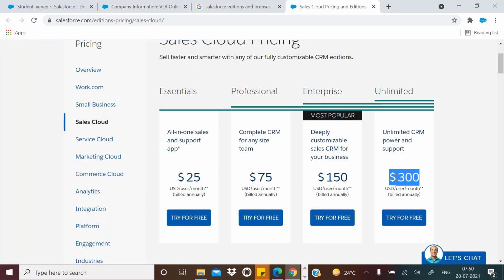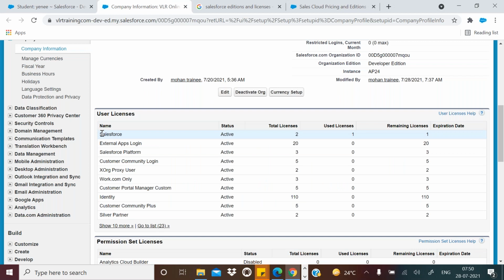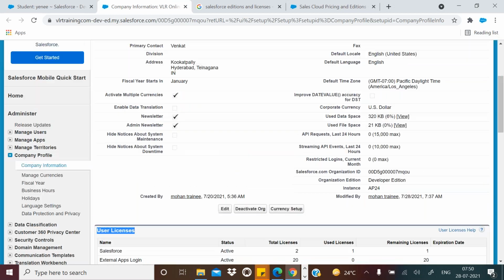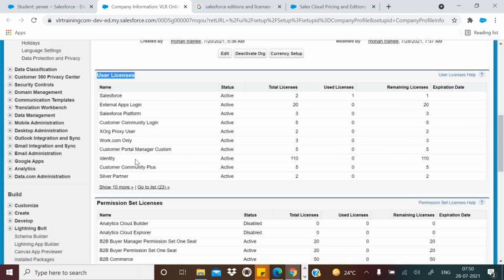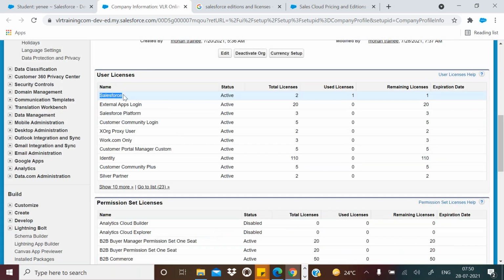See, $300 per user means only high-level users they need. This is for high-level users. It is based on the licenses. These $300 is based on the licenses. Now these are the licenses. Totally how many licenses are there in the company information? You can see under user license, Salesforce is the highest license.